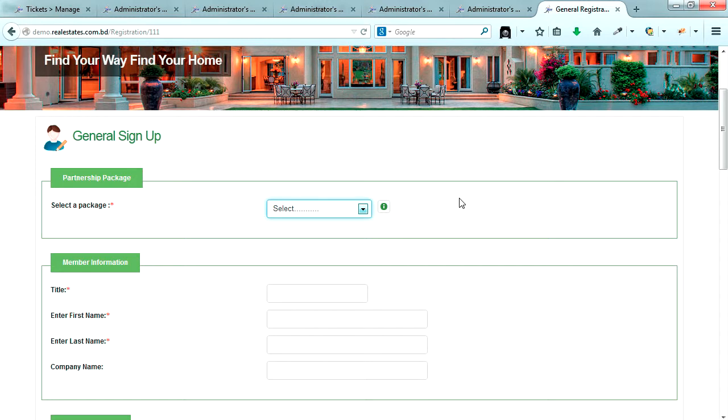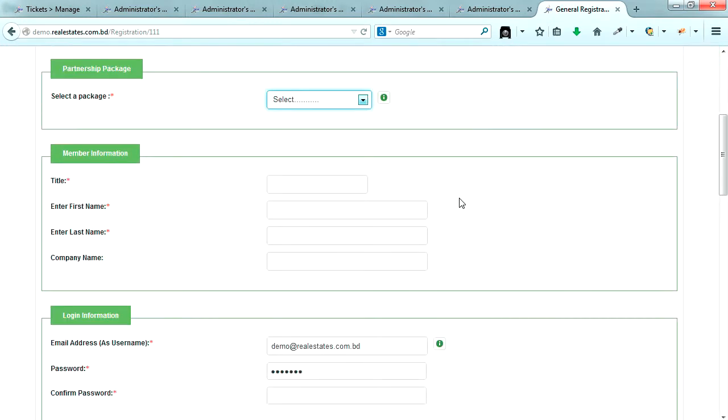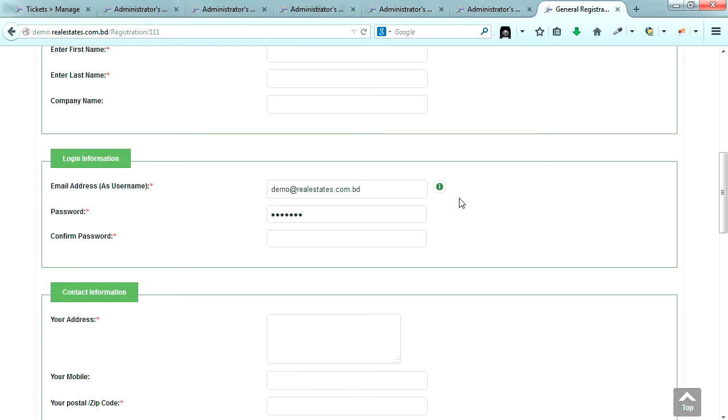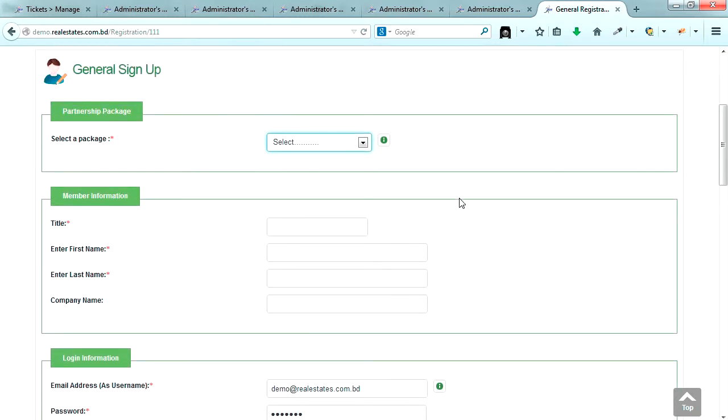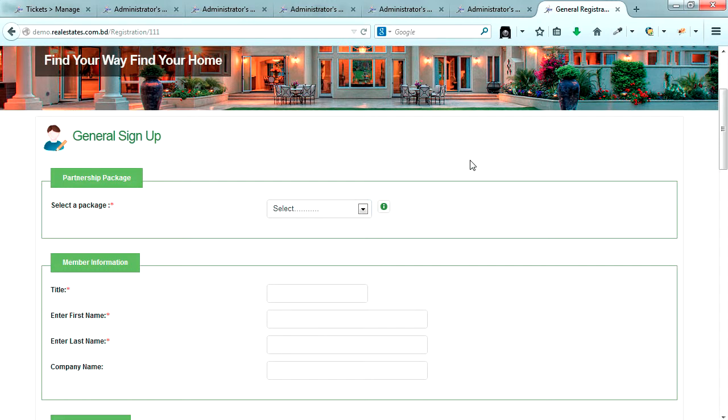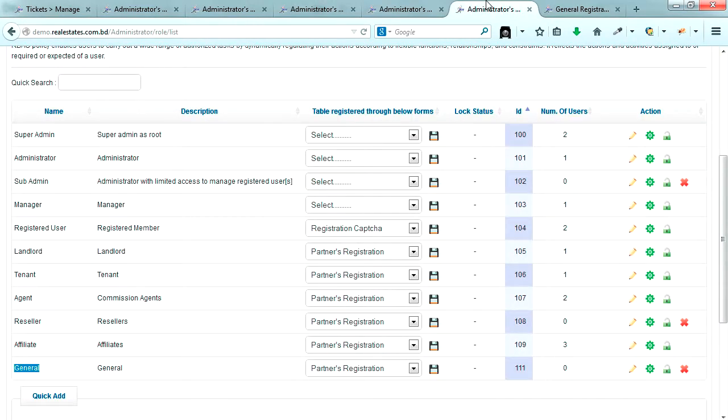So this is our list of packages and the list of the fields that we have selected, and we have shown this in this tutorial previously. So I hope you understand how we can set up a form. And so this form is what we have selected for users to be registered in. So one general is selected. So based on the form you attached with this role, this form will be published to the user to register in.